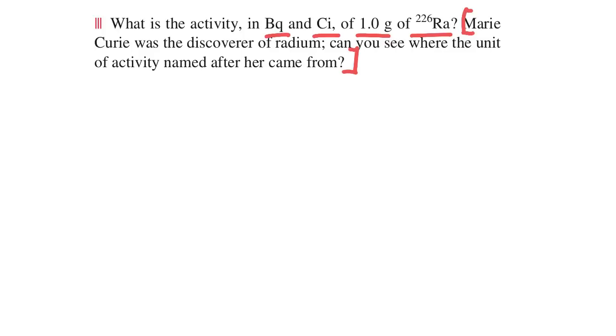So we have 1 gram of radium-226. Well, remember, the activity is proportional to the number of atoms. And so a first step would just be to compute the number of atoms. So start with that. How are you going to make that happen? And then where are you going to take it? Go ahead and start calculating. I'll be back.